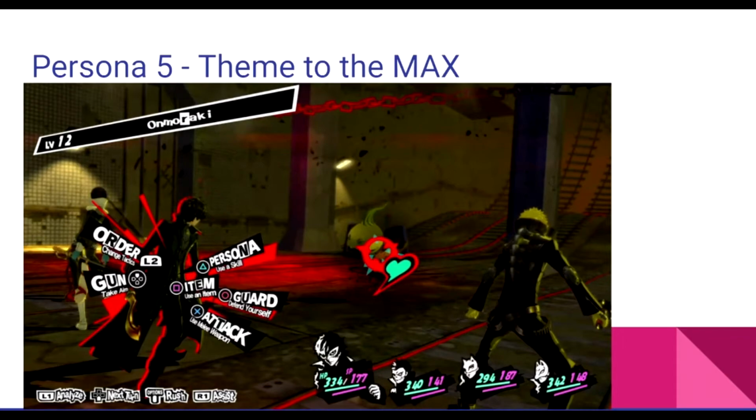So, Persona 5 is the single best example of high theme in a user interface. It's to the point that people cosplay as the Persona 5 interface. The game just oozes this theme. So it's not like the interface is out of place. It's just one more part of oozing this very over the top and exciting theme to the entire game. And the user interface just takes it one step further. But at the same time, it doesn't disregard information clarity